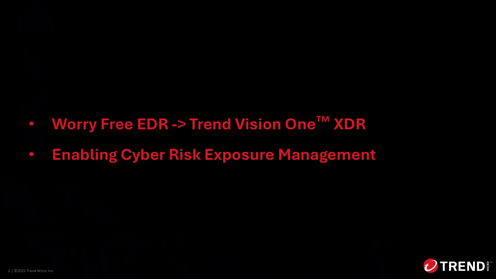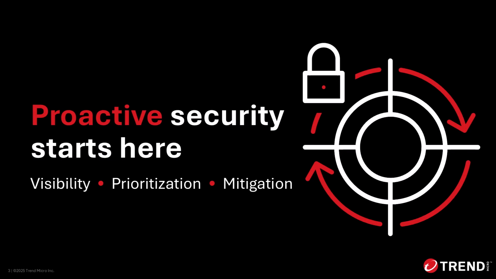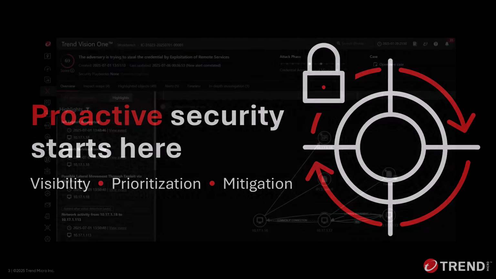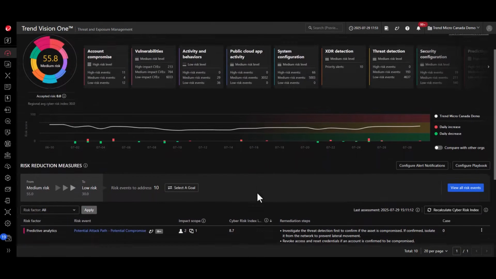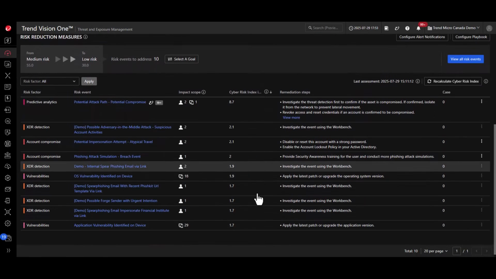In this video, we'll cover how existing Worry-Free protected systems can connect to Vision One for increased XDR logging and achieve continuous real-time visibility using cyber risk exposure management. With this enhanced and increased telemetry being collected, Trend Vision One can provide a complete picture with end-to-end visibility across the entire attack chain, uncover root cause, assess impact, and anticipate what's next to improve security outcomes for you and